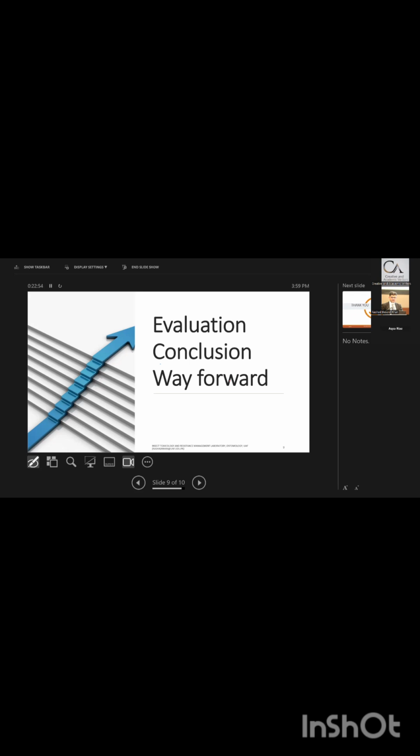We want to attract you to submit your articles. We want to teach you so that you are able to submit your research proposals to the funding agencies as well as to different international and national organizations, schools, and universities where you want to get admission. So that is our main purpose. Therefore, we will perform some evaluation of what you have learned at the end of this course. We will conclude, and then we'll give you some way forward for our future collaboration as well as for our future working relationship.